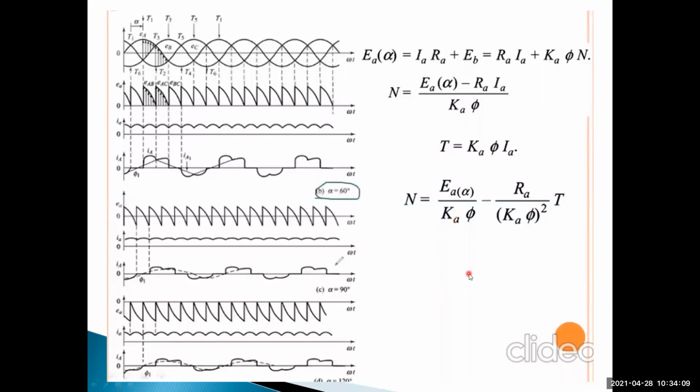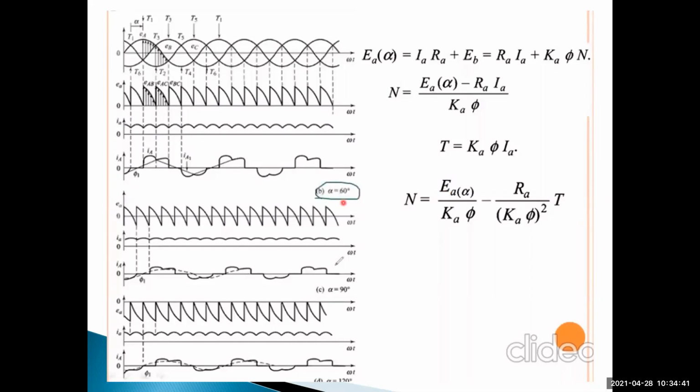So the only difference is the average output voltage for single phase and three phase: single phase semi converter, single phase full converter, three phase semi converter, three phase full converter. Only the average output changes; everything else is the same, including the equations, torque is equal to k into pi into I. Same equations for semi converter and full converter, in three phase too. Only the average output voltage changes, by controlling the firing angle.